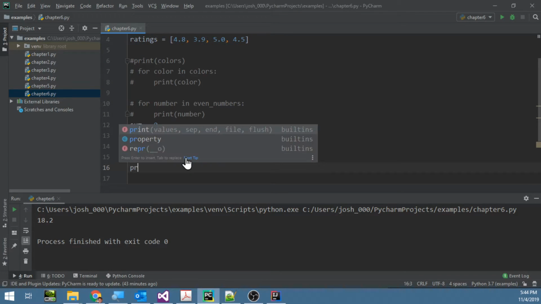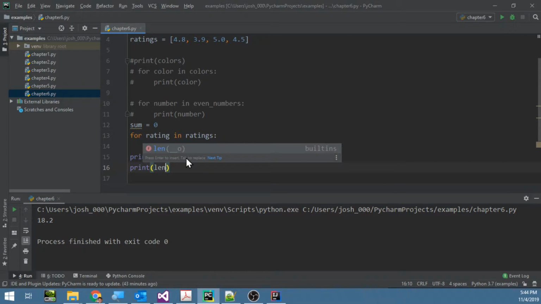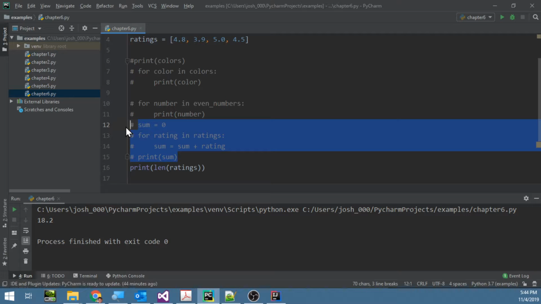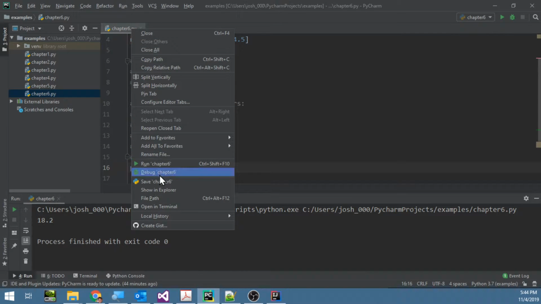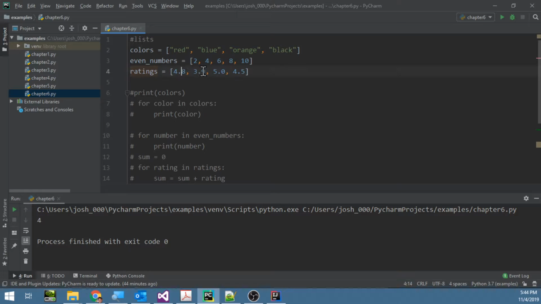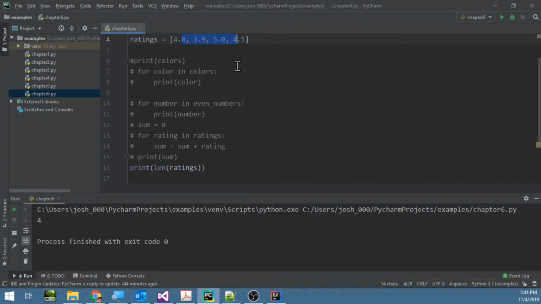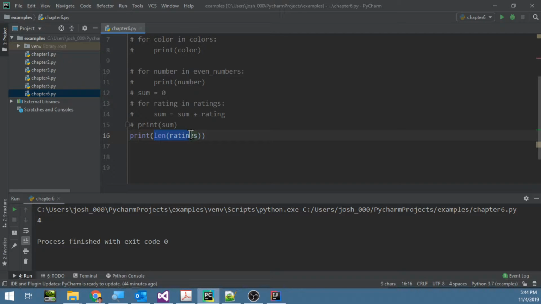In Python, you can print the length of a list. In this case, the list name is ratings. Let's comment this out for a moment. We can print out the length of the list. And you say, well, I know how many is in the list. I can count right here. Yeah, but lists can change. We can add data to the list, and not just up here. We can add it later in our program. Or we can delete items as well. So if that happens, then we can't guarantee the size. We have to have some programmatic way of finding the length of a list, and this is how you do it. So with that in mind, an average is,